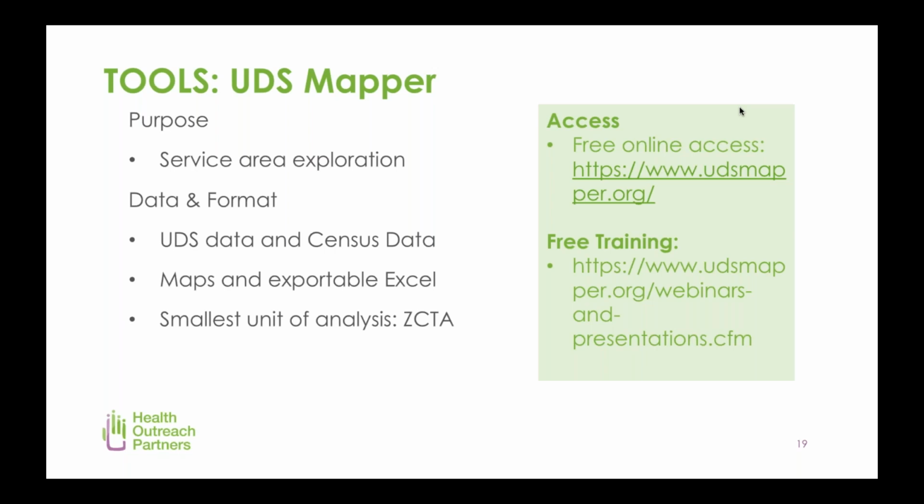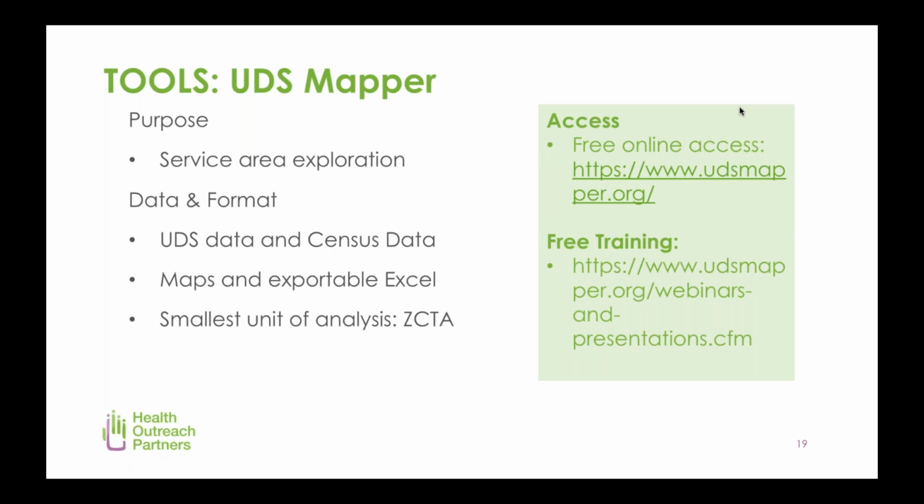You can overlay maps, and I will show an example. Also, there are different overlays for looking at income. So at different percentages of the federal poverty line, you can look at 100 and 200, and it takes American Community Survey data. So it has really rich, different kinds of data that's not just limited to UDS data that you all have access to. And it also looks at insurance status. So that's interesting too. You can look at uninsured rates. You can look at underinsured rates, Medicaid insured, Medicare insured, privately insured,